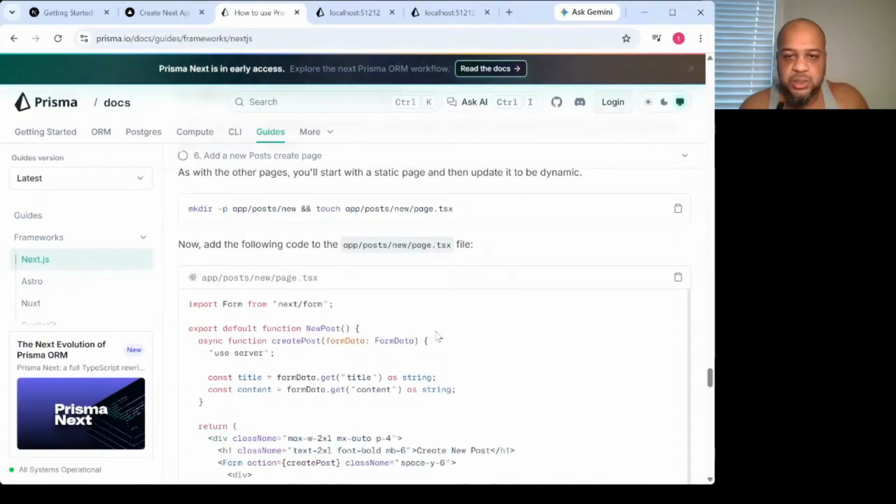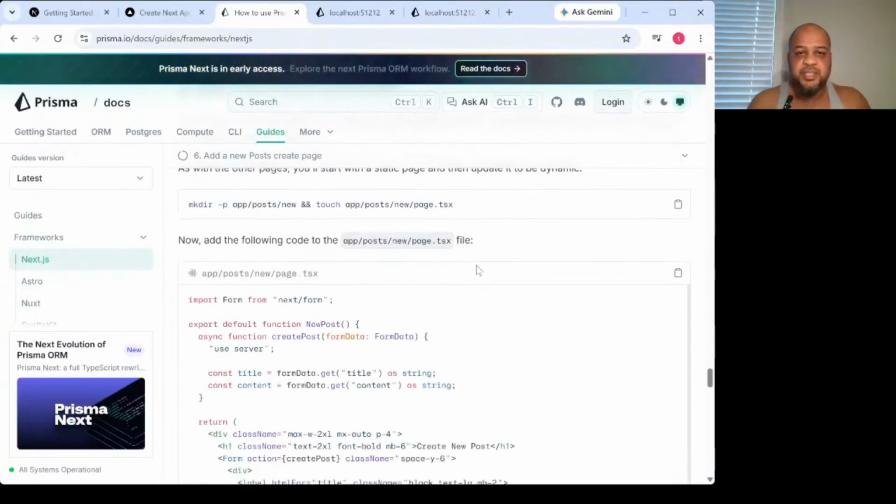We'll go to, here it is. So basically, based on the Prisma documentation, we can do this by adding a new page if we like, and then inside of it we'll have a function,